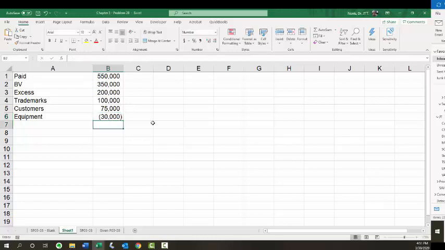Okay, so if we take the excess and subtract the sum of the three identified assets, we added that right there. Let's subtract that. We get 55,000 for goodwill. All right. Okay. So having done that,